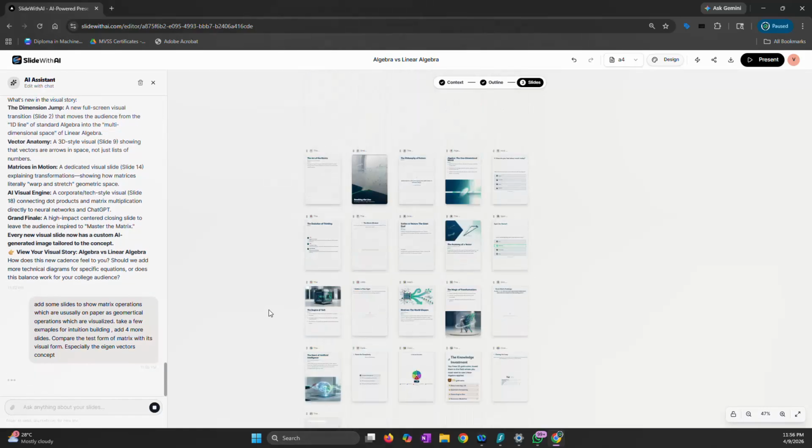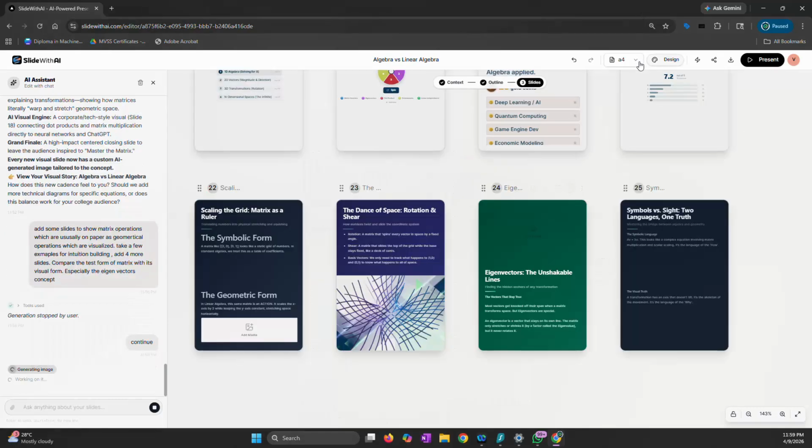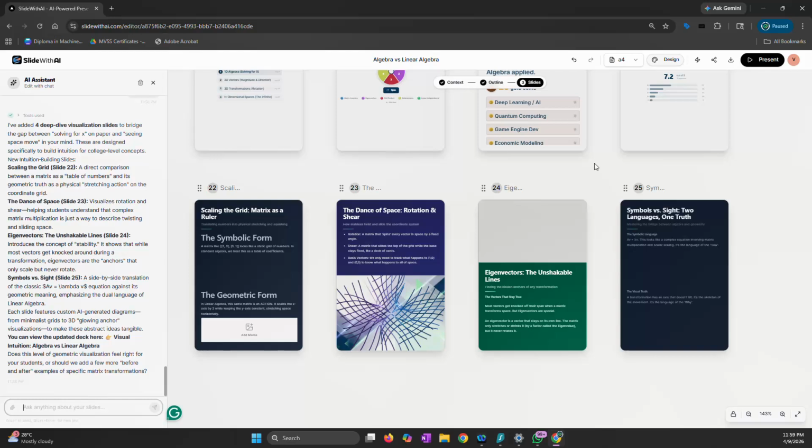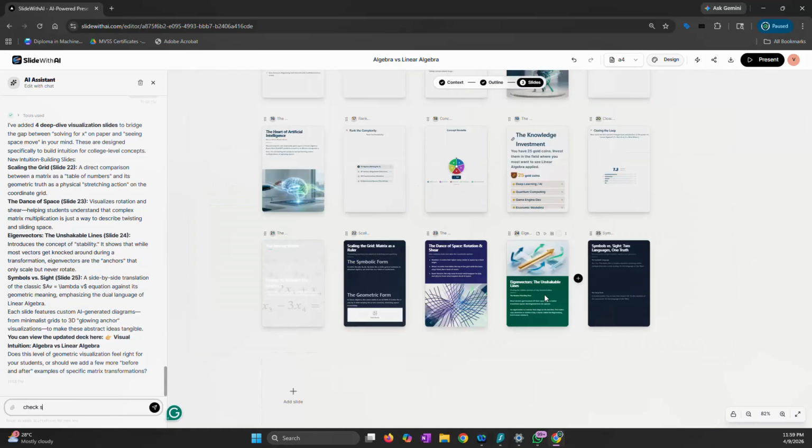So if somebody's building a class, if somebody has a particular syllabus, that's okay. The reason why I took off this form is because I kept it in A4 section. So I just took up the A4 slide, and it's not bad if you were to actually see it. This is done, eigenvectors, then shapeable lines. Okay. So we can now ask it to check slide. Where's that slide? Here, 21. Check slide